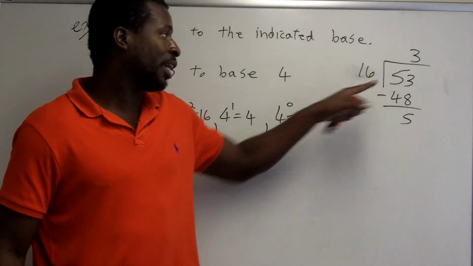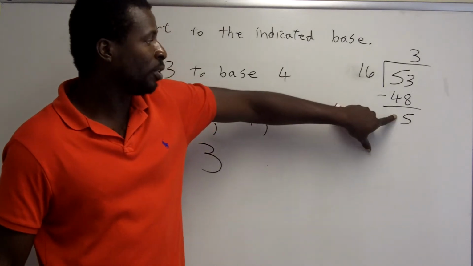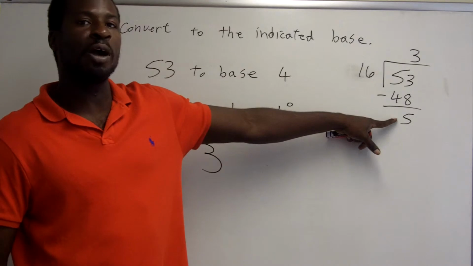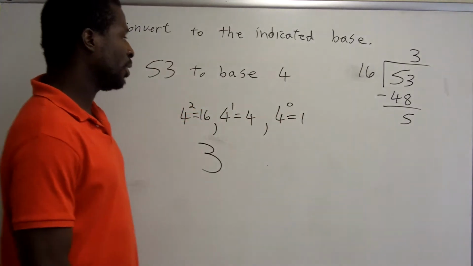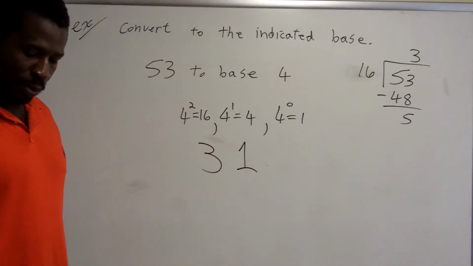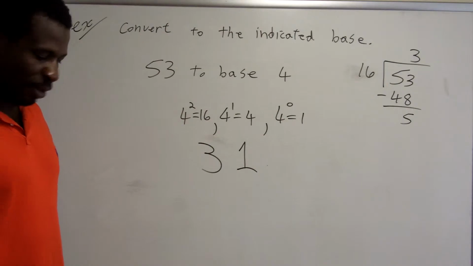But now, instead of looking at the 53, we're looking at the remainder. So what we want to know is how many groups of 4, the next place value down, are there in the number 5? Well, it turns out that there's 1 group of 4 in the number 5. And since there's 1 group of 4 in the number 5,